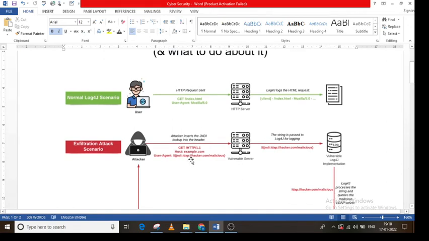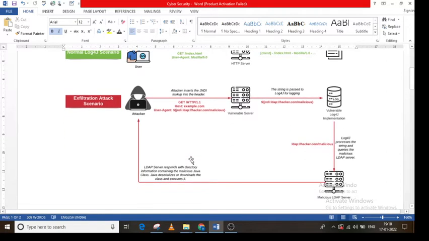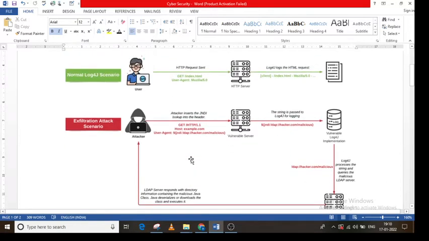However, in the attacker scenario, the same request is sent by the attacker, but in the URL section, for example, in the input form, he sends a JNDI lookup code into the header of the message. In that case, the same string is passed to Log4j for logging.